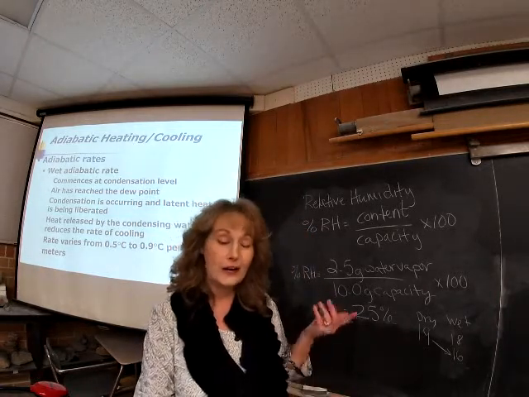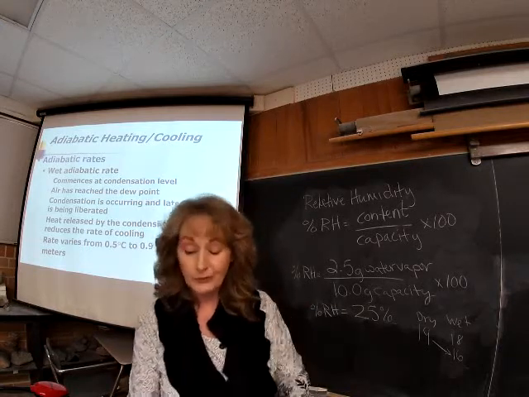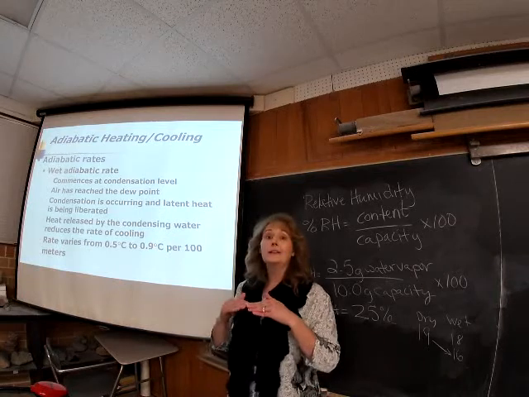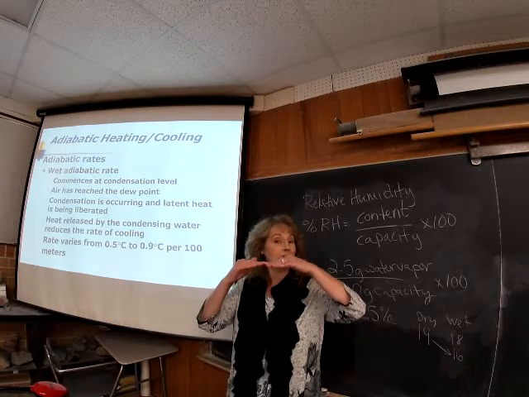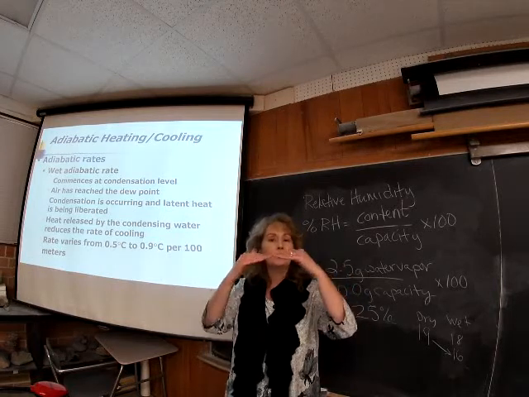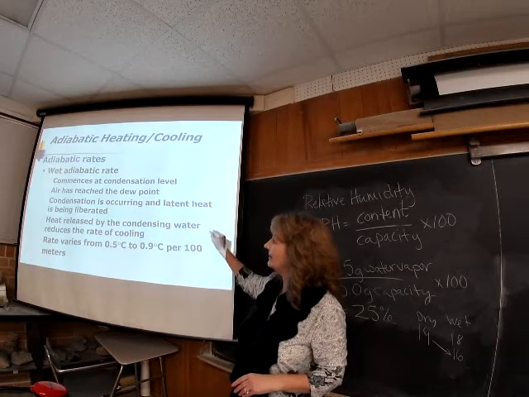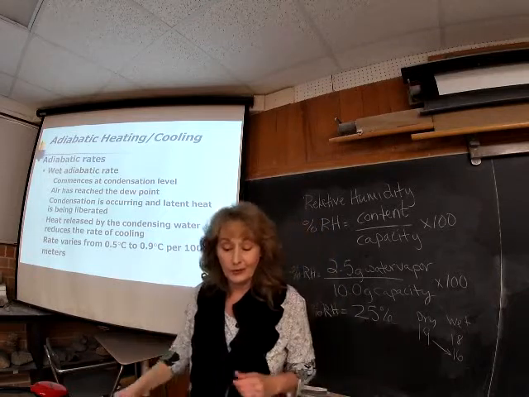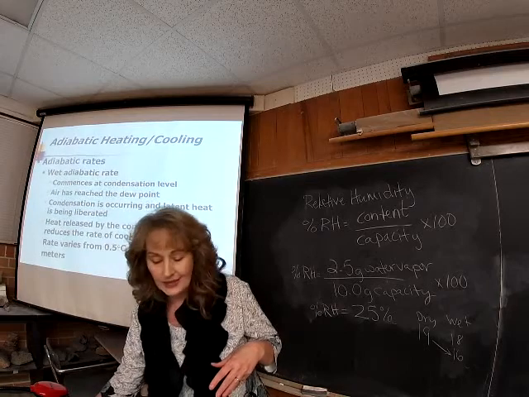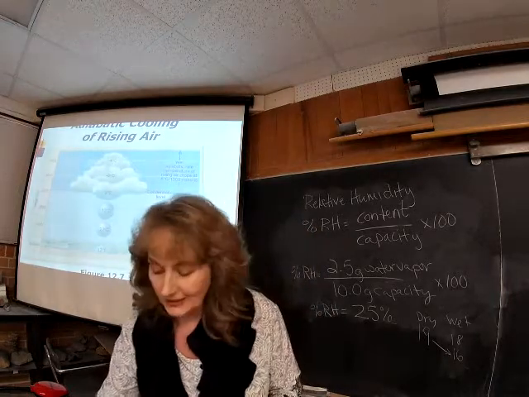So the air parcel is going to be lifted into the atmosphere. It will expand and cool. It's going to reach that condensation level, and then continue to rise. Beyond that, you're going to get even cooler temperatures and start to get condensation. That's where you would start to see clouds forming. The bases of your clouds would be at that condensation level. It's going to continue to cool, but a little less than your dry rate, since you are releasing a little bit of latent heat from the condensation that's happening.